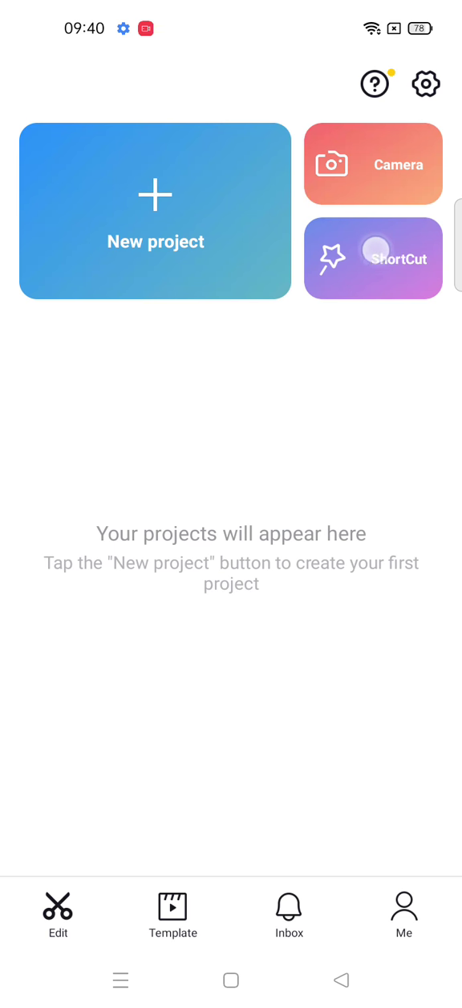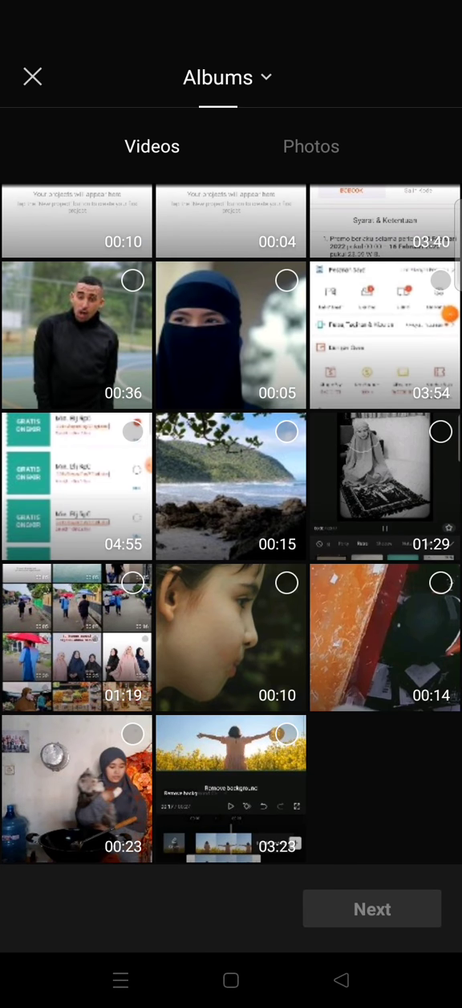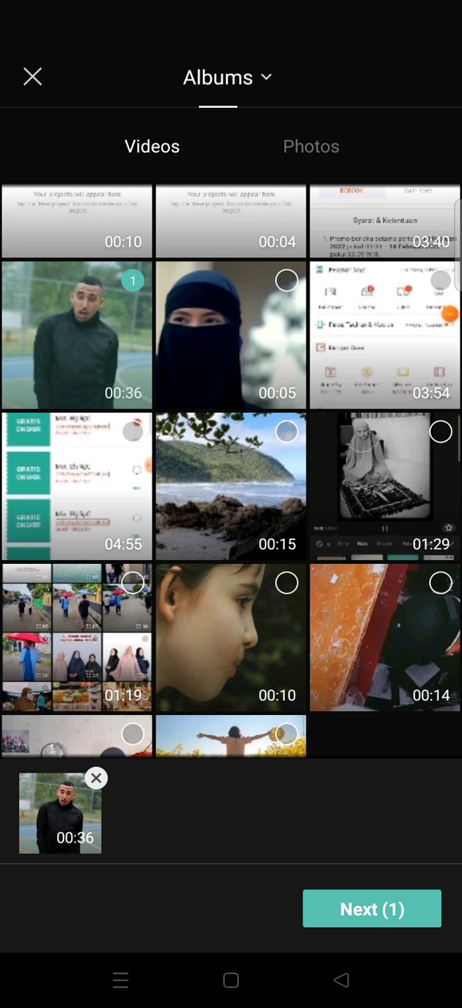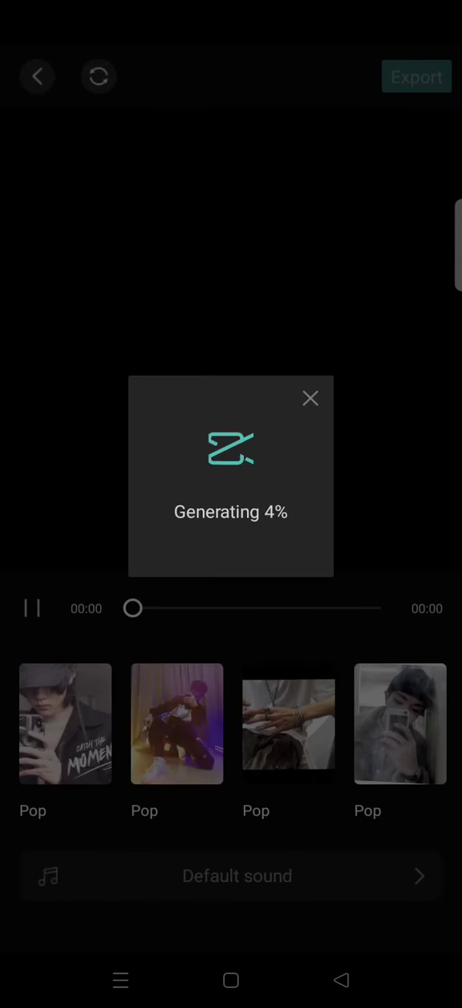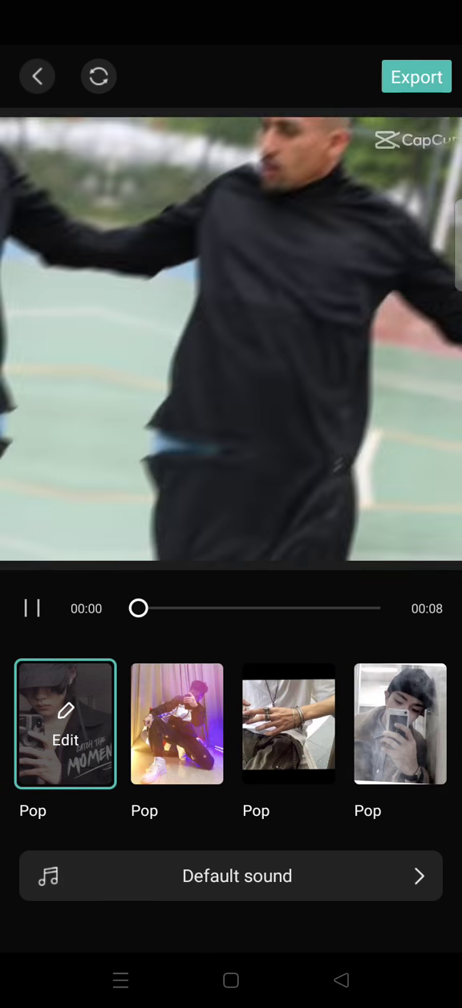In here you can see the shortcut menu. Just click on it and choose the video that you want to edit. This one. Click next at the bottom. Please wait. And in here you can see